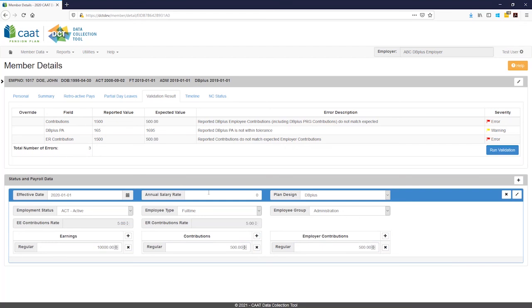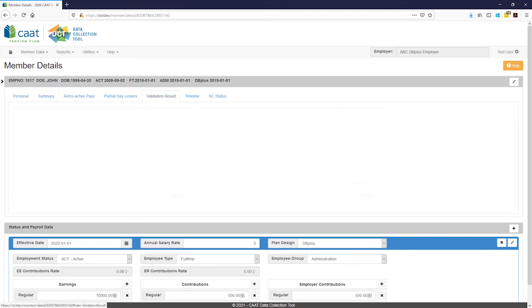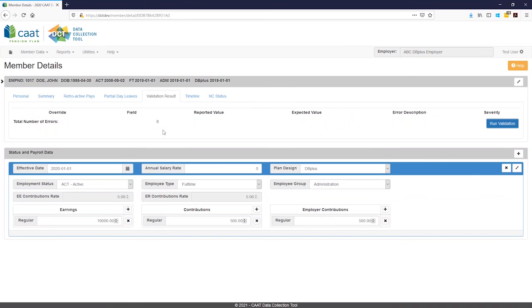After updating the contributions, we will go to the Summary tab and click Recalculate. By clicking Recalculate, the amounts now match what DCT calculated. We will go back to the Validation Results tab and rerun validation. You will see that the contribution errors have disappeared.